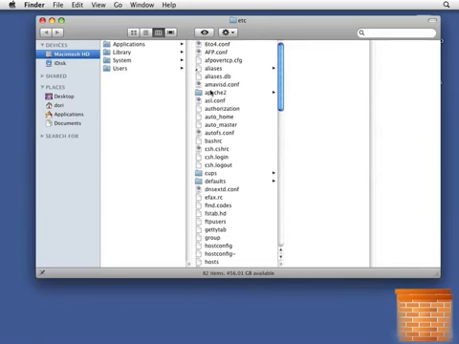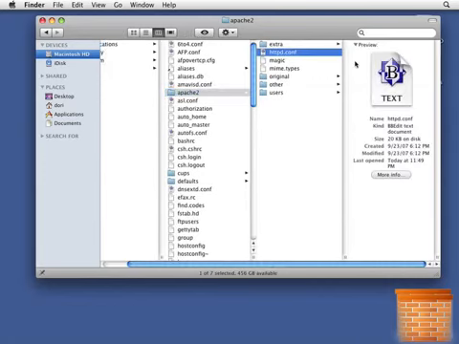Inside that folder, you'll see another folder called Apache 2. If you're running Leopard, you'll see it at least. If you're running Tiger or an older version of OS 10, 10.4 or earlier, you're going to look instead for a folder called HTTPD. So whichever one of those two folders you find, inside there you're going to look for a file called